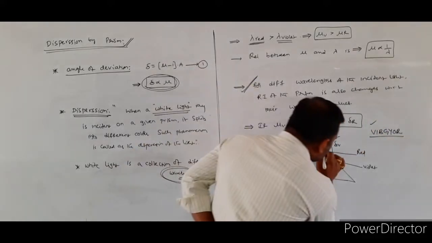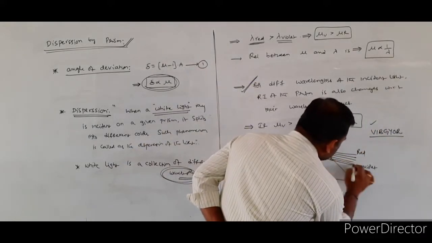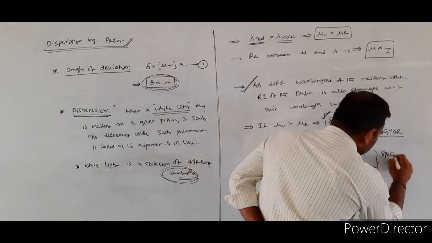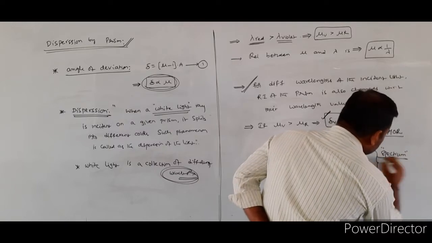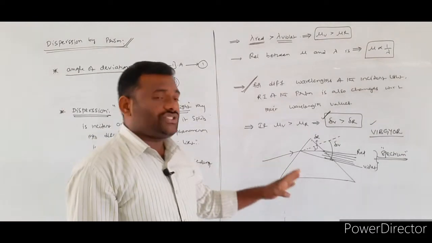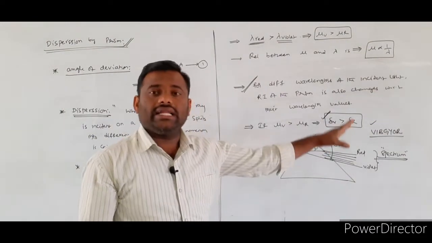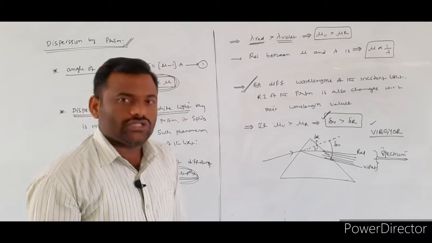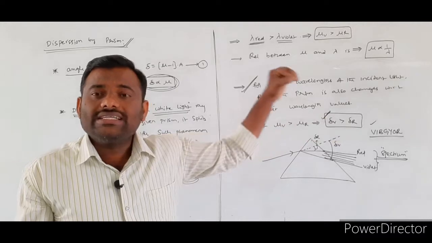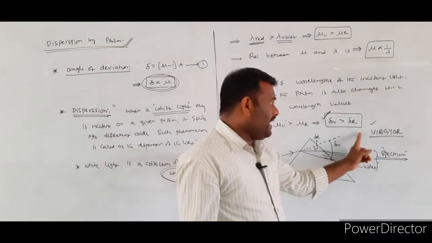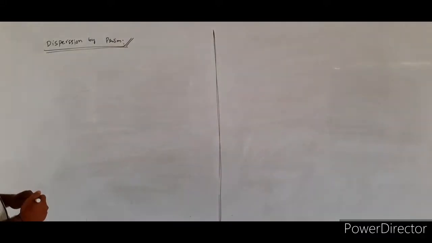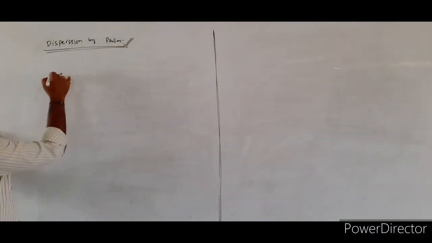The collection of different colors of the light will also be called what? Spectrum. So what is the meaning of the spectrum? The spectrum of light is defined as nothing but a collection of different colors of the light. That is also called a spectrum of the light or VIBGYOR, which consists of 7 different colors. What are they? Violet, indigo, blue, green, yellow, orange and red. What we said here: the collection of different colors of the light.